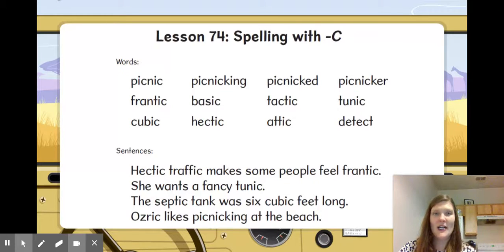All right. Osric likes picnicking at the beach. What does Osric like to do? Okay, good. All right, good